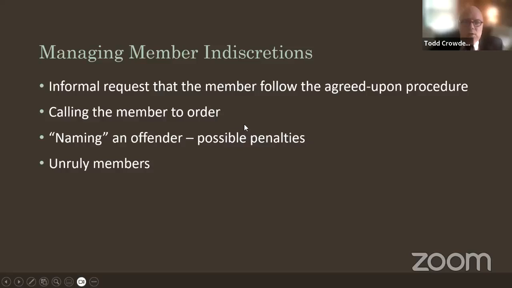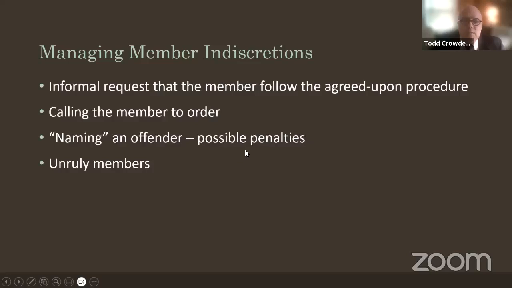There are disciplinary procedures in Roberts involving offenses that happen outside of a meeting. Like if someone did something funny with the money, you can have a disciplinary trial, and remove them, expel them, give them any penalty that your organization has the power to give. But for offenses that happen in a meeting, misbehaving in a meeting, that's handled on the spot because you don't have to submit any evidence. Everyone was there and presumably saw it. And so the chair names the offender and then asks the assembly to vote on whether there should be a penalty. And it's all majority vote at this point.